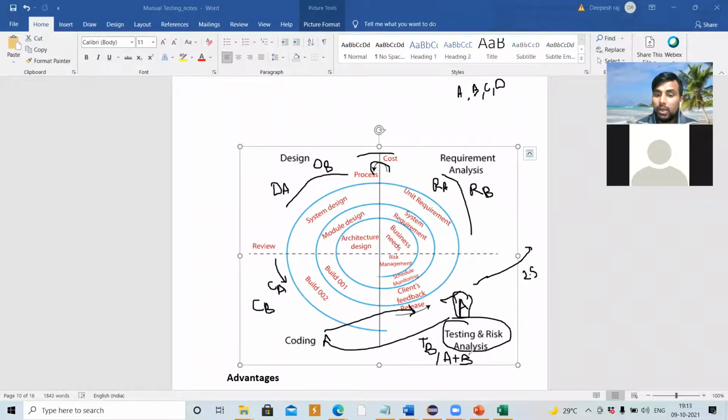The coding done for B might affect A. So when they test B, they are going to check A also, whether A is working fine or not. Once it is done, now they have integrated A and B. Now hand it over to the customer. Not only B, they hand over A and B, because in the whole application we have these features.